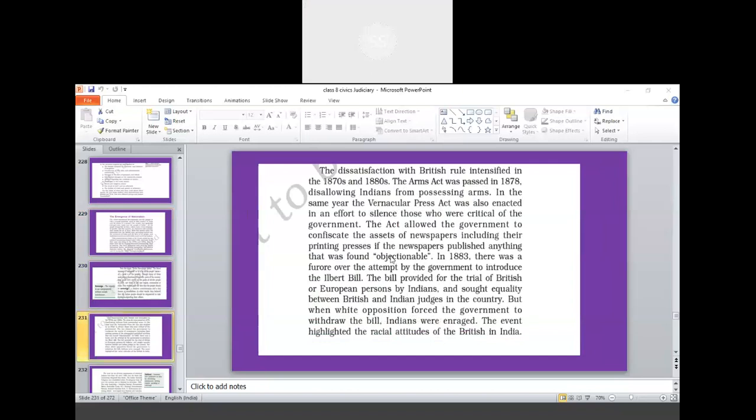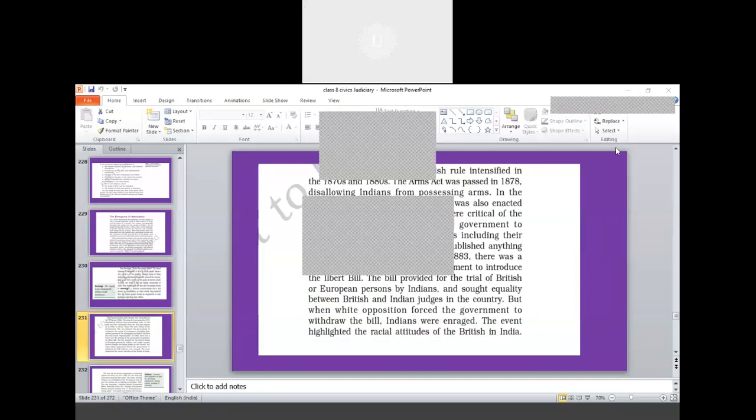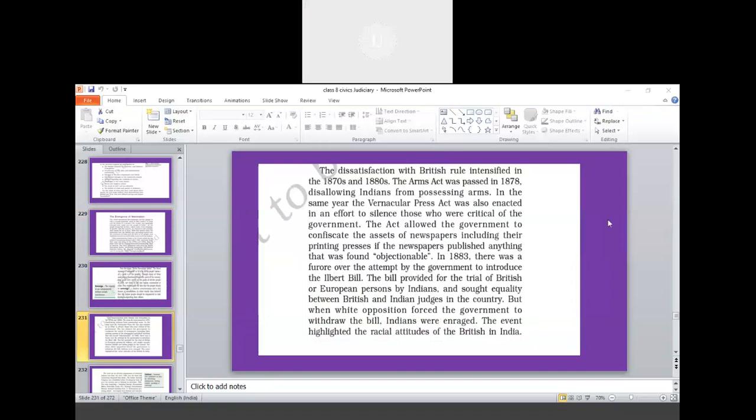Bombay and Madras Presidency. So British had 3 capitals in India. The British ruled from 3 capitals. One from Bombay, Madras, and from Bengal, sir. Calcutta, Bengal Presidency. Okay. So the British East India Company